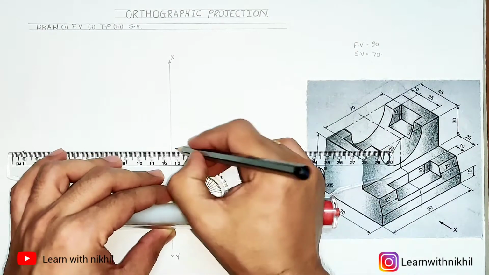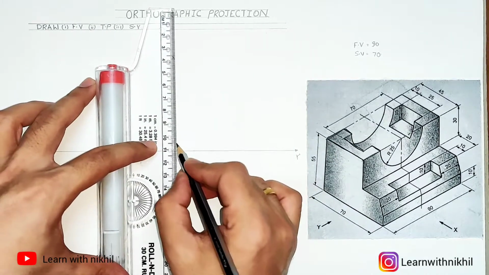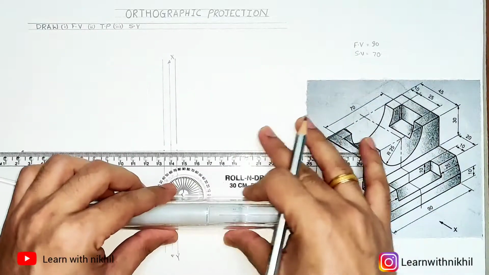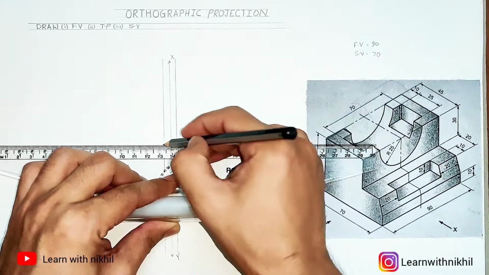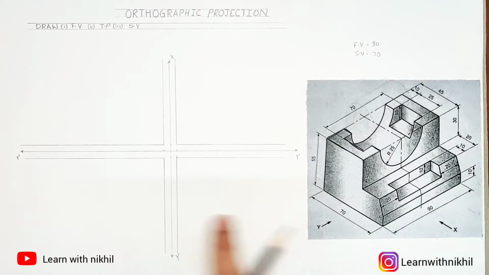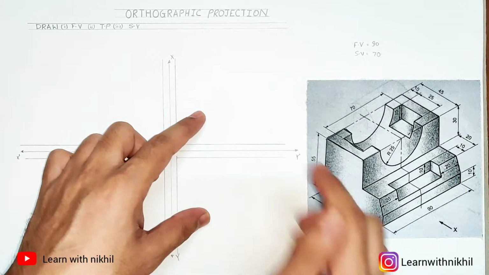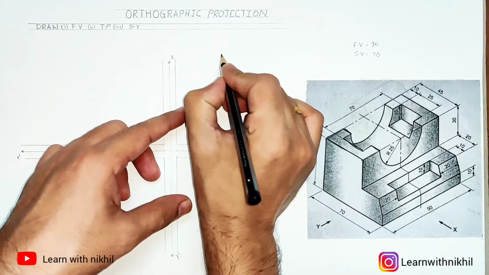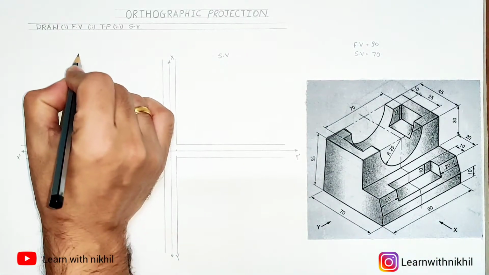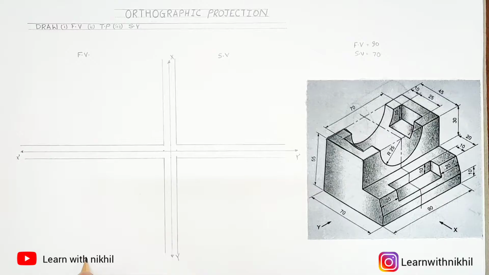Now drawing the base lines where we will draw the views, that will be 5 millimeter apart. These are just the reference lines on which the views will be. You can take any distance as you want or you can directly draw on the axis, but with some space above the axis, the views look proper. Now as the side view will be on this side, here I will mention side view. Direction X, here will be the front view and below the front view will be top view.